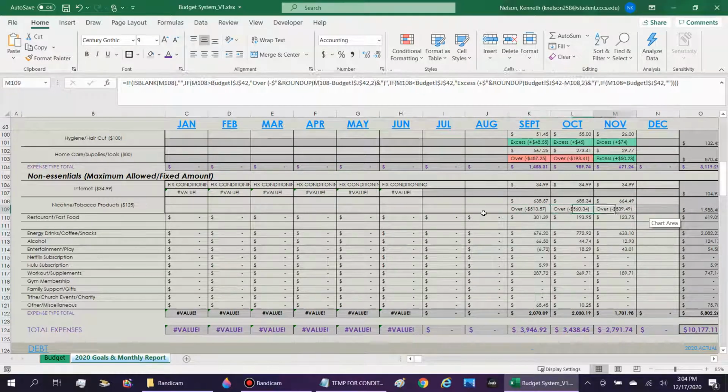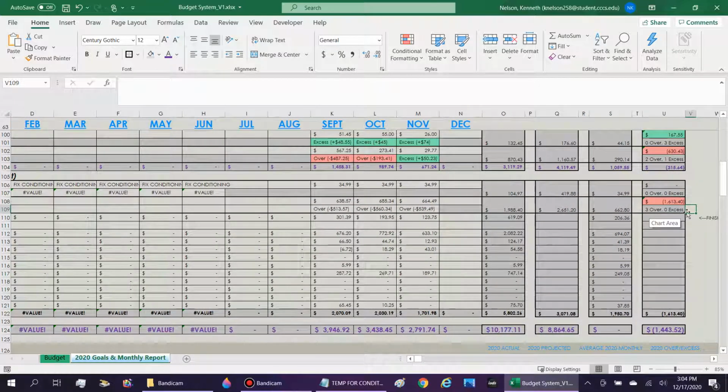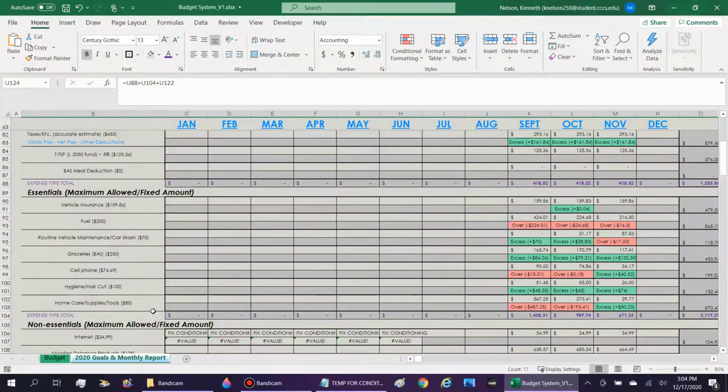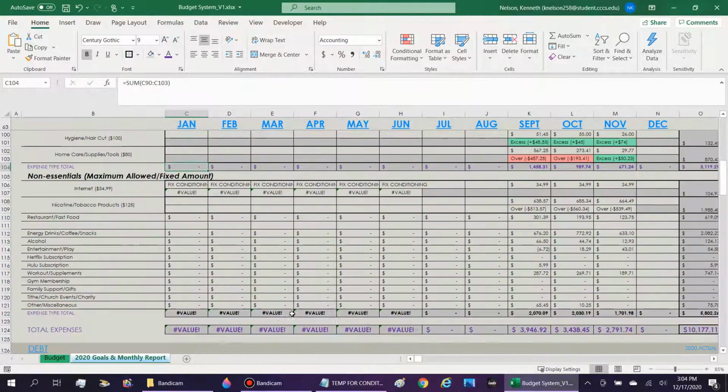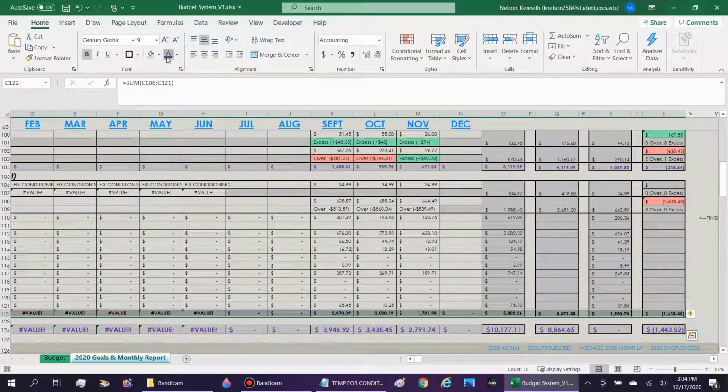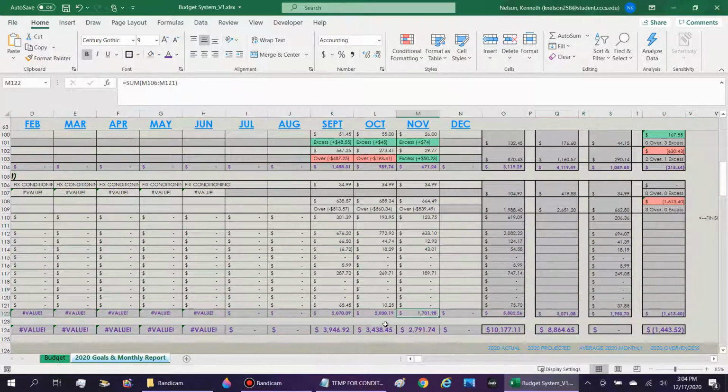But for now, it's kind of where it's at. And toward the bottom, as you can see, for all expenses, this one just includes all expense types, or each expense type. I haven't got to this one yet, but I'll go ahead and highlight all this, and I just like to do a nice little purple text, make it bold,